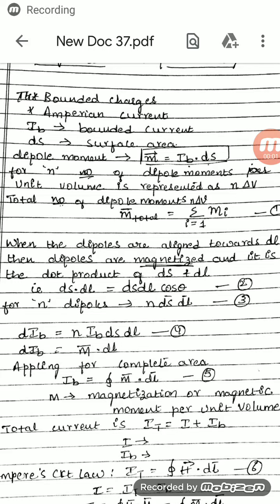Students, today we'll start the second part of the fourth module. In the first part we had a derivation for the torque, which will be done later. In the second part, the first topic is the nature of magnetic materials. It is a theoretical part. I have given the page number in the notes. Make some important points from the textbook.